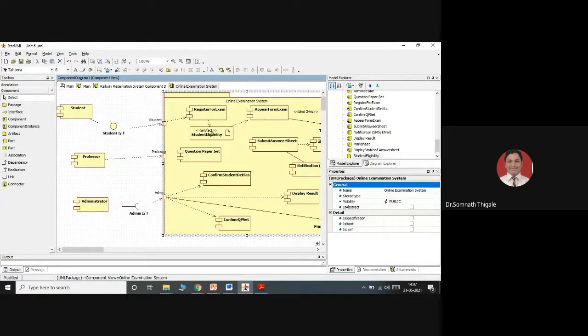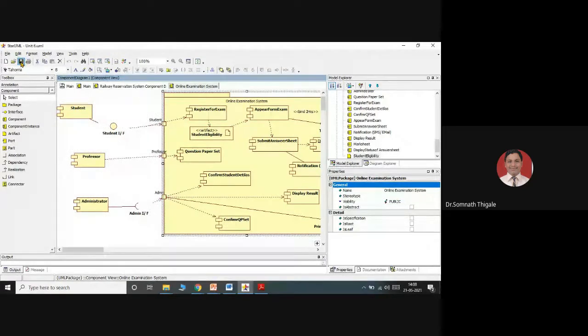So appear for the exam. After appearing for the exam, submit the answer sheet, other notifications. Professor will be responsible for submitting the question paper. So submit the question paper. So this is just a simple component diagram which we discussed for the online examination system.